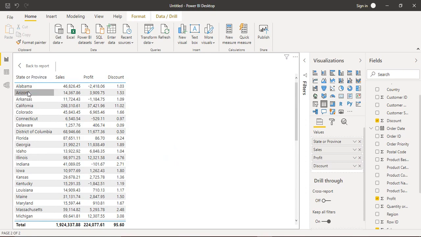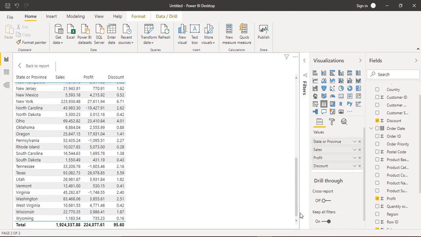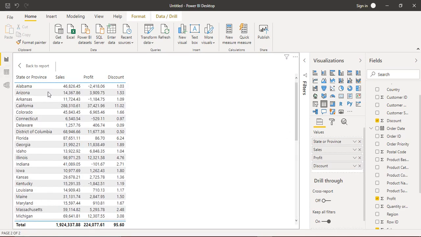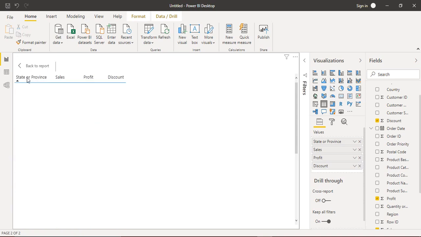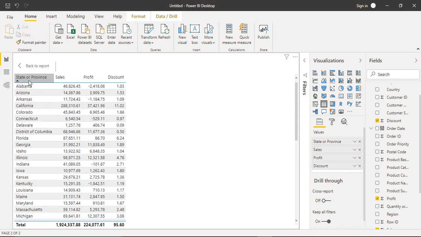Alright, now one more thing, you must have noticed that in state or province we have got different states like Alabama, Arizona, California, etc. And they all are by default arranged in an ascending order. Like you can see all in the ascending order. Okay, so if you just click on this arrow, this is what is used for this purpose. That is, if your data is not arranged in a predefined format.